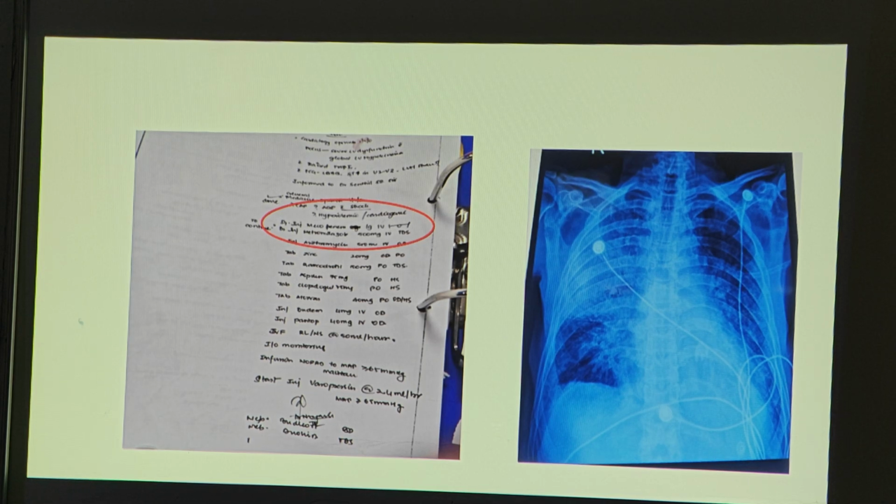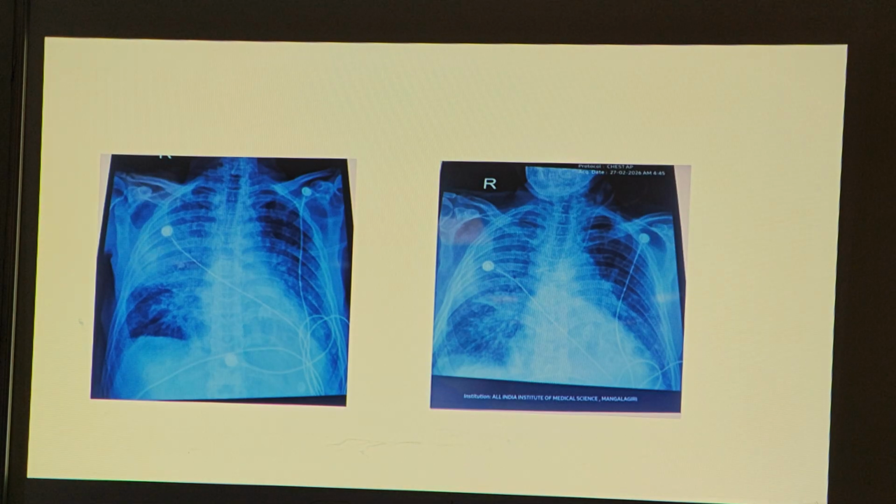This is the chest x-ray on the day of admission. You can see the right side of the lung, the middle lobe and upper lobe involvement, and consolidation patches are there in the chest x-ray. So these are the next day x-rays. Now the entire right part of the lung is involved. It is a progressive disease, that is, the pneumonia is progressive, the patient having severe respiratory acidosis and the sepsis features are also there.